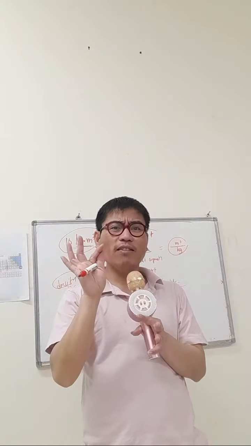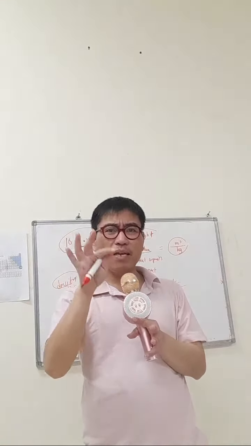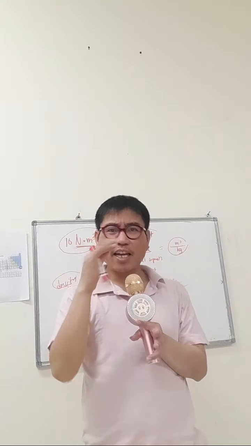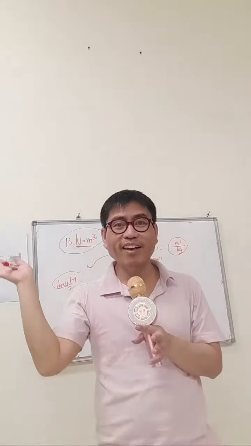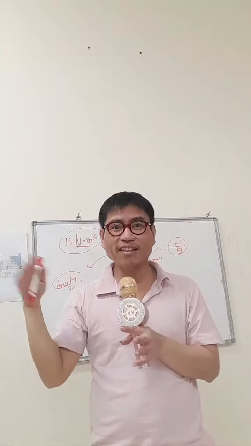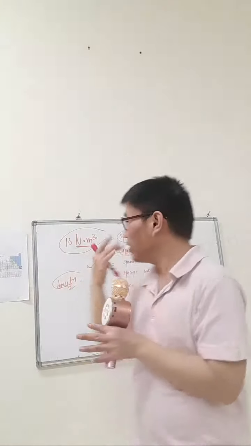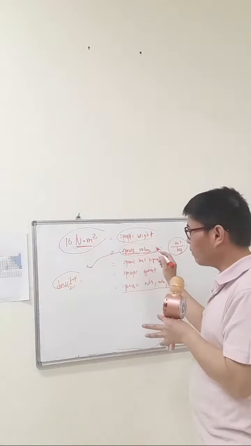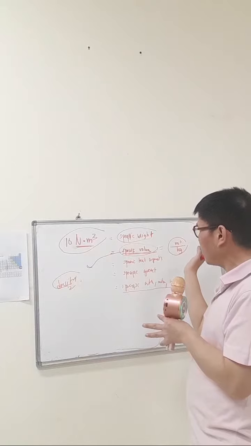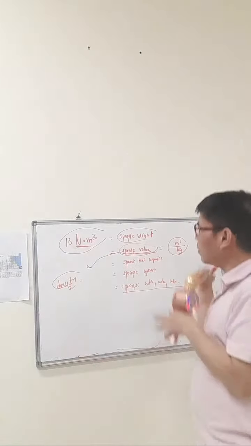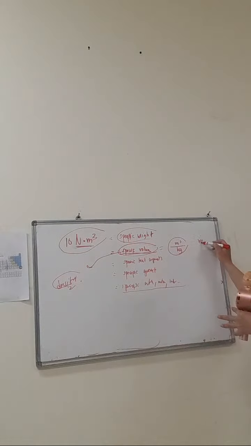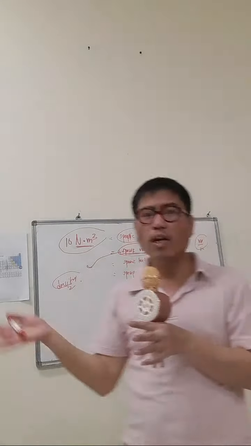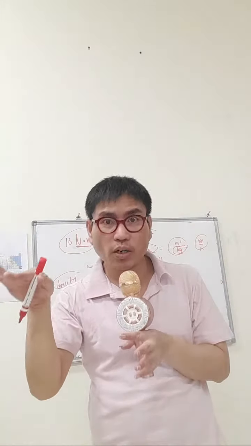The reciprocal of density is A, B, C, D. Then I answered specific volume, because I read that so many times in the library. I doubted if it was correct, but definitely it's correct. It's the specific volume. So the reciprocal of the specific volume is the density, and the reciprocal of density is the specific volume. So it is kilogram per cubic meter. What I'm trying to emphasize is, if you talk about specific quantities, there's a mass unit in the denominator.